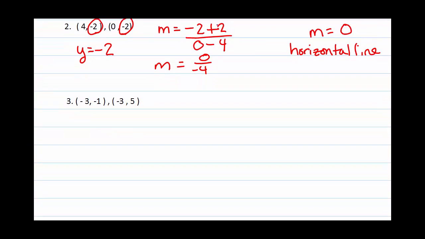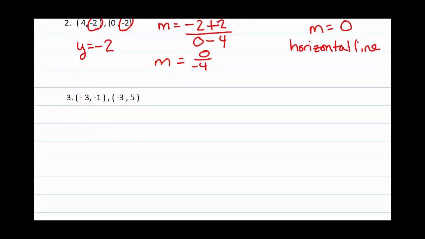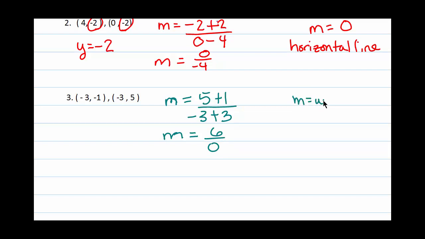Alright, let's look at this last example here. We are going to find the slope of this line, m equals 5 minus, it's negative 1, so plus 1, divided by negative 3 minus, it's negative 3, so plus 3. So I get m is equal to 6 divided by 0, which means then that my slope is undefined. So since my slope is undefined, it does mean that it is a